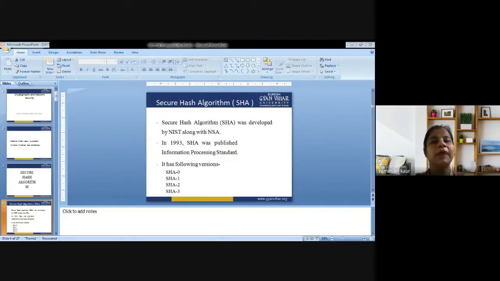So if these values match, then the file is presumed to be unmodified. And due to the nature of the hash function, hash collisions may result in false positives. But the likelihood of a collision is often negligible with random corruption. Next is authenticity verification. So what is basically authenticity?